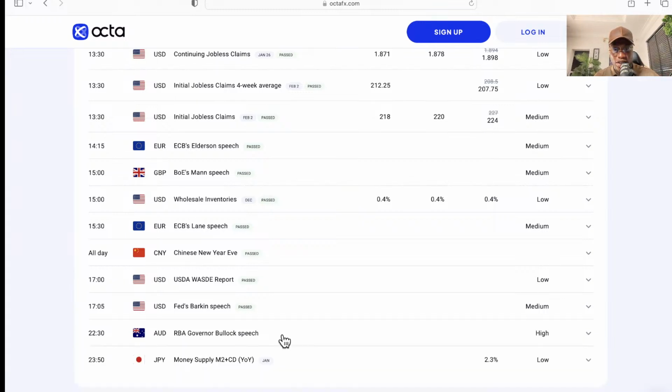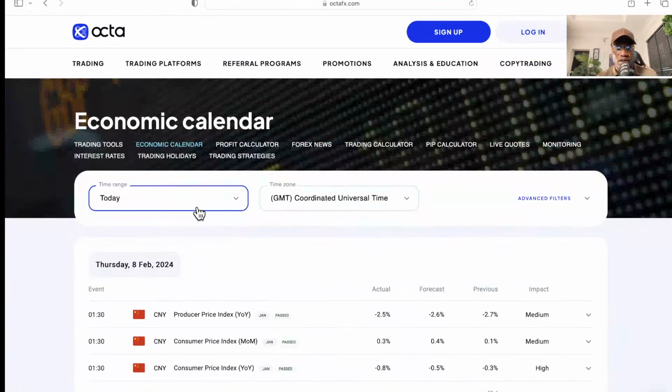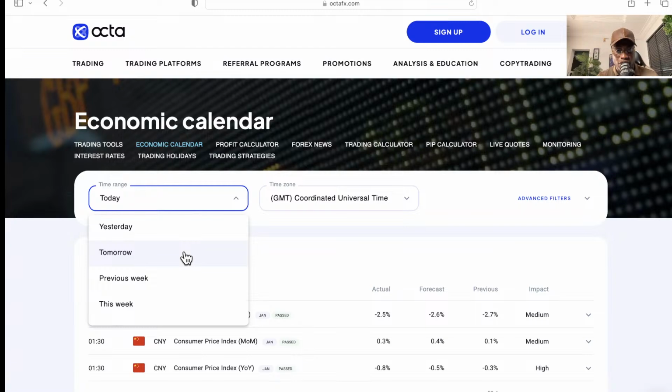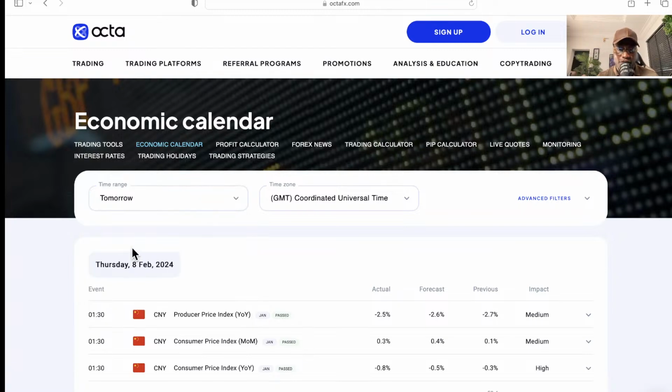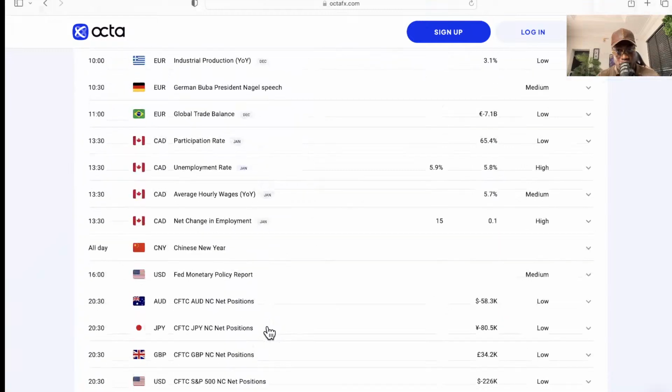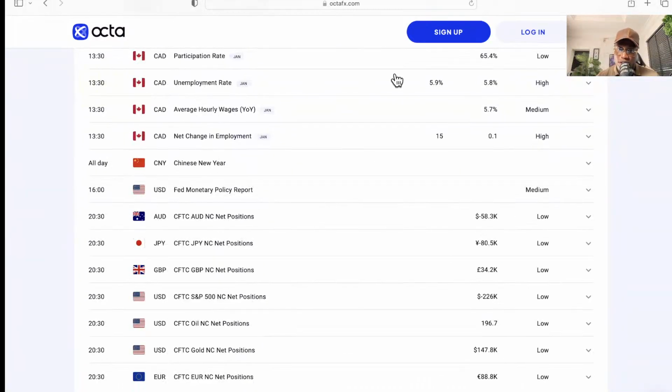Okay, Hassan says he understands. So we have important reports coming tomorrow. I think we have one for the Canadian dollar. We have monetary policy from the Fed. Tomorrow we have the unemployment rate, which is going to be a high impact event for the Canadian dollar. So I expect to see some volatility on the Canadian dollar tomorrow, and also monetary policy reports coming up tomorrow as well by 4 p.m. So these are some of the things I would keep an eye on. We'll just observe these reports and see exactly how they impact the markets.